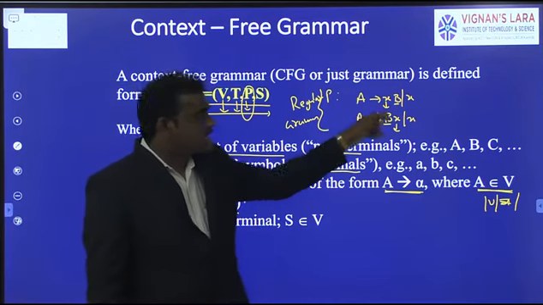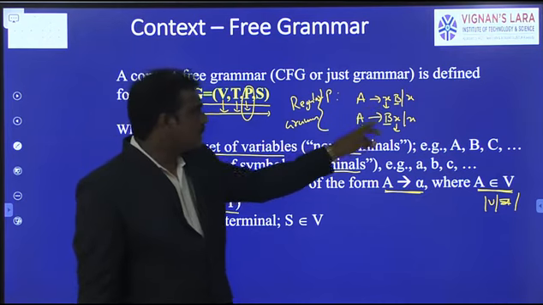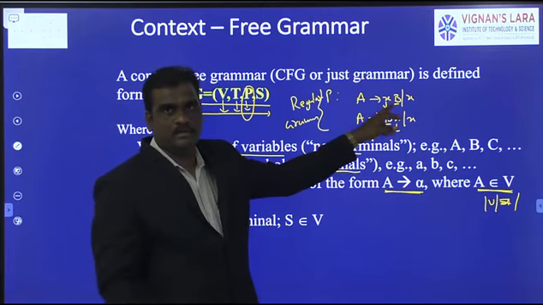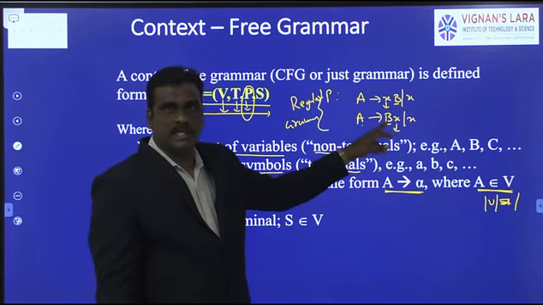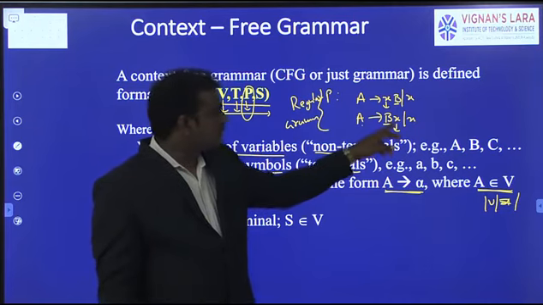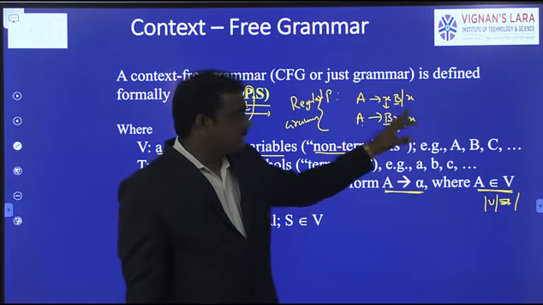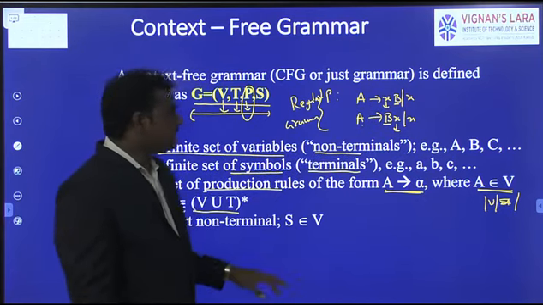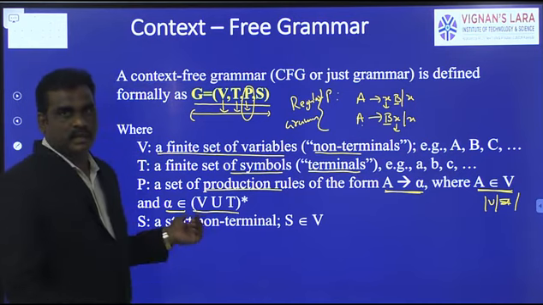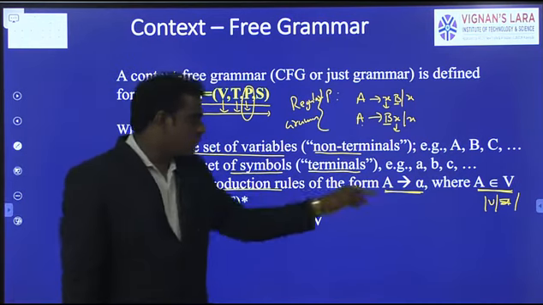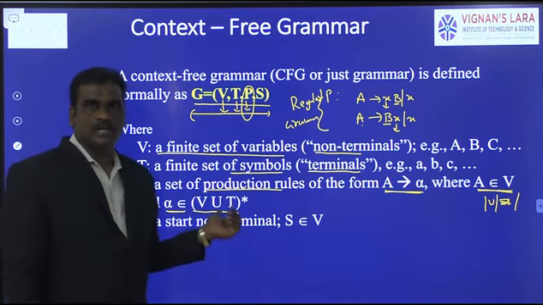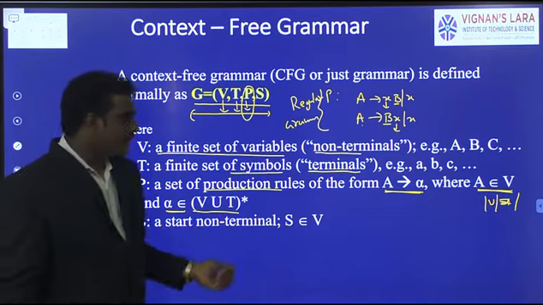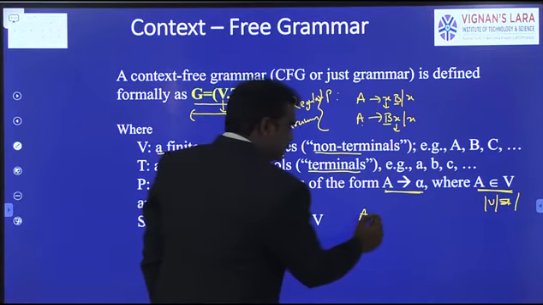But in regular grammar we have followed some restrictions. It starts with a string of terminals followed by only one non-terminal symbol, or otherwise starts with only a single non-terminal symbol followed by a string of terminals. This is a rule and it has some restrictions. Whereas in this case there is no restriction on the production right hand side. So alpha means any possible combinations of variables and terminals, and the length is 0 to infinity.